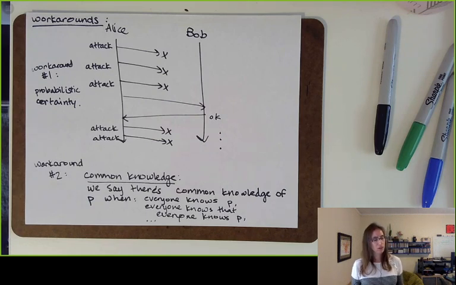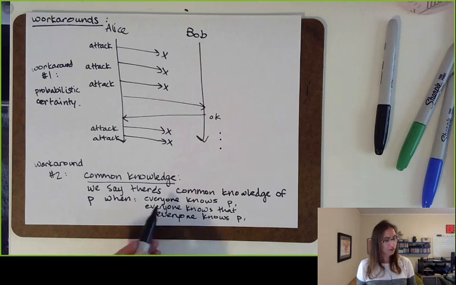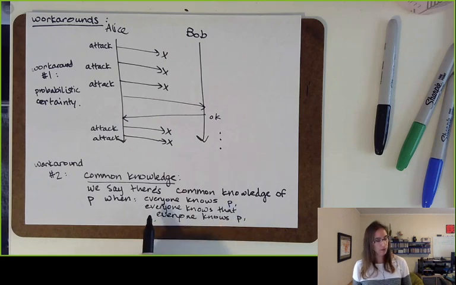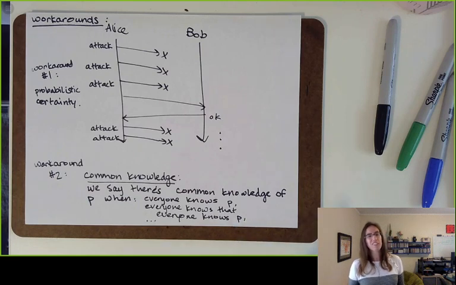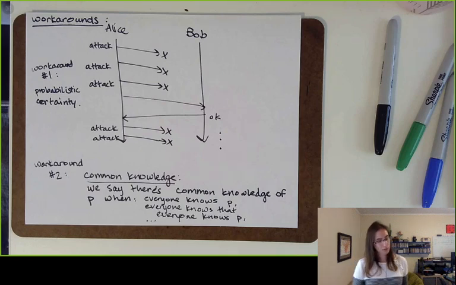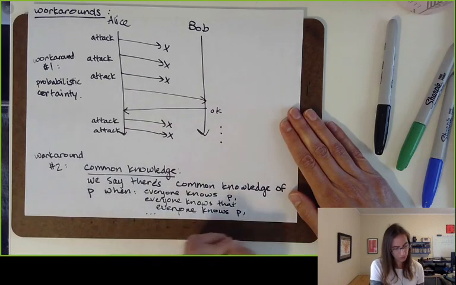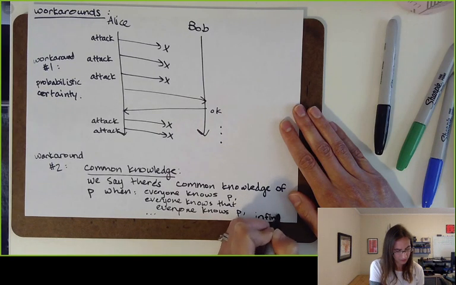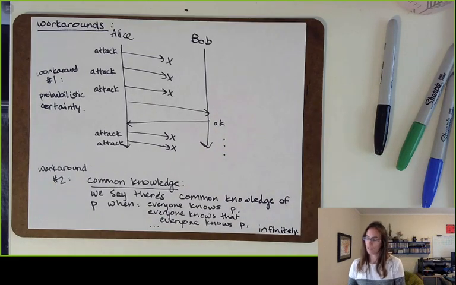And this is a beautiful fact that you can get higher up in this hierarchy, right? You can get to the point where everybody knows a fact, but then getting to the point where everyone knows that everyone knows that fact takes more work. And getting to the point where everyone knows that everyone knows that everyone knows, and so on, takes more work. So you can't ever get to the point where you get this whole infinite sequence. And I can refer you to some reading material on that if you're interested.